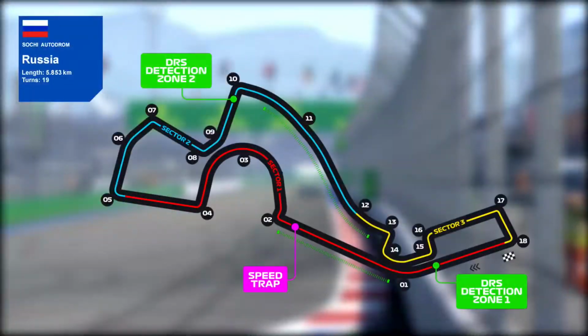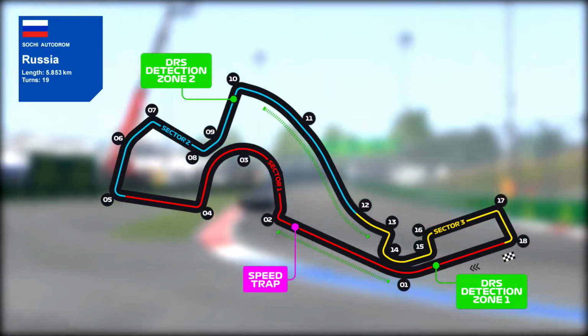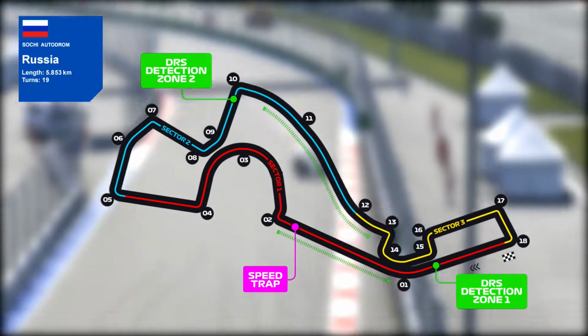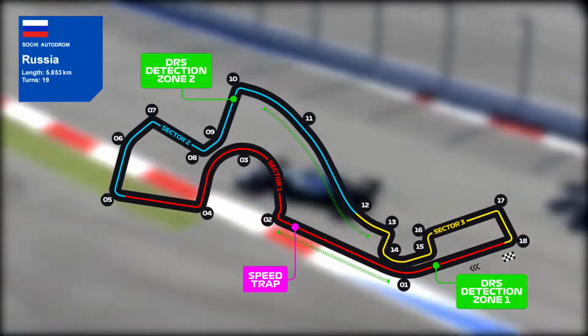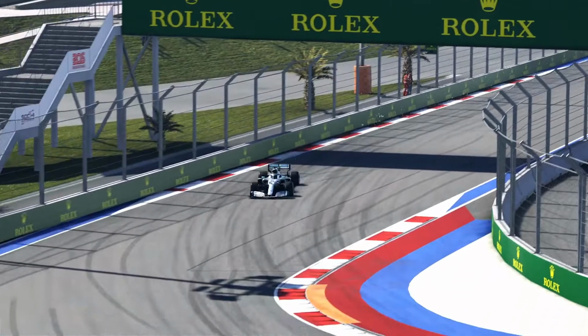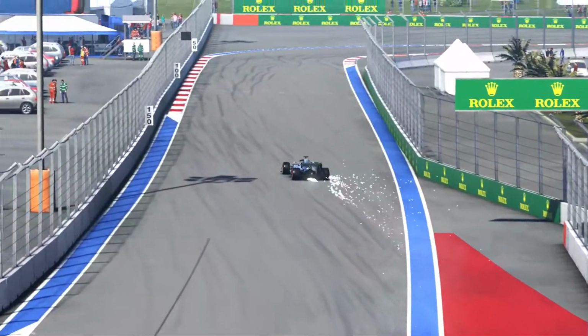So this track consists of 18 corners and 2 DRS zones, and is one of the fastest tracks, and also has one of the coolest corners on the calendar, which is turn 3, which is pretty much a left-hander that is flat out and goes completely 180 degrees. So I think it is a very fun corner to go on, and this track definitely has a lot of